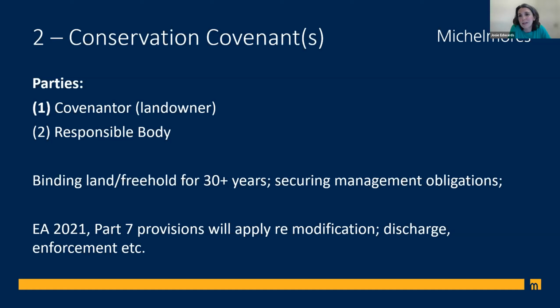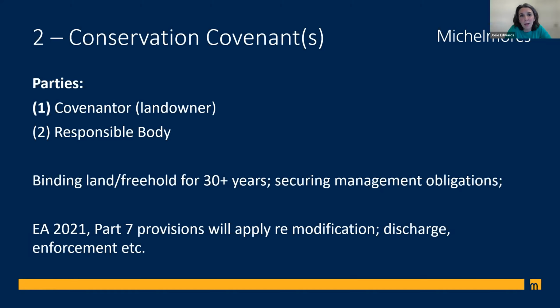So in the quite likely event that some land may be sold during the term, or perhaps there might be changes in occupation in terms of tenancies or graziers, any leases or agreements granted after the conservation covenant is put in place would be bound by the conservation covenant and would be subject to its terms. And so the key point here, and the reason that we see conservation covenants as being so key, is that they provide a really efficient, neat legal mechanism to properly bind the land under the scheme for the long term that we are talking about.